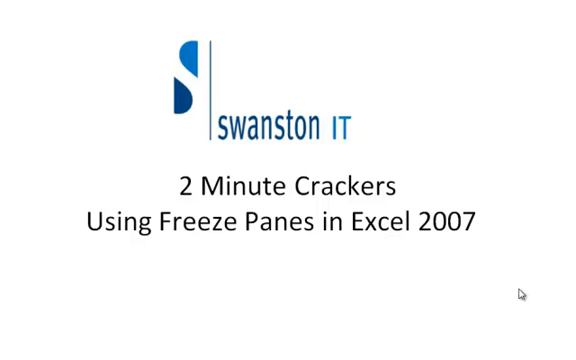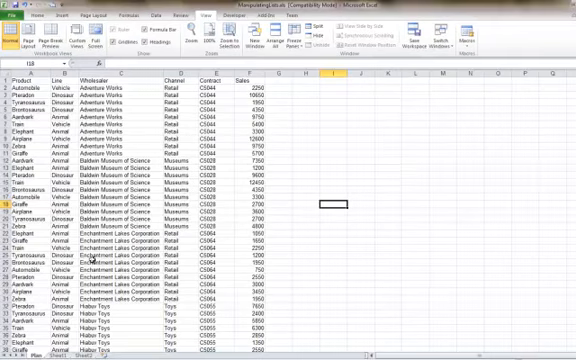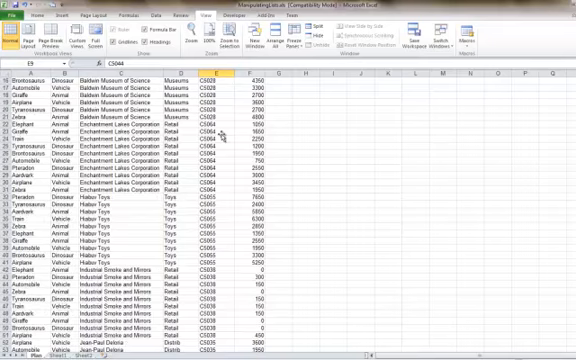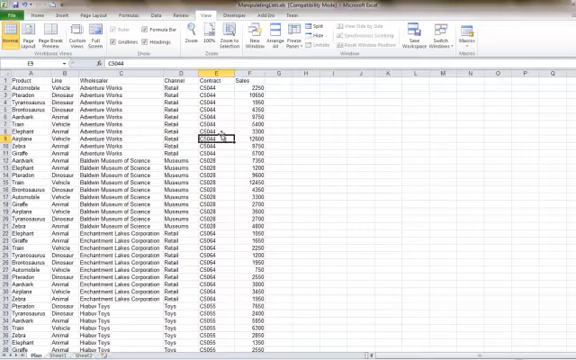Using freeze panes is a really handy tip if you've got large data sets or lists and you want to keep your column headings visible at all times. As you can see in our example, I have a long list of data and I've got some column headings at the very top. But if I scroll down my list, I lose sight of my column headings, and this can be very frustrating. The function I will use is called freeze panes, and it is found in the View